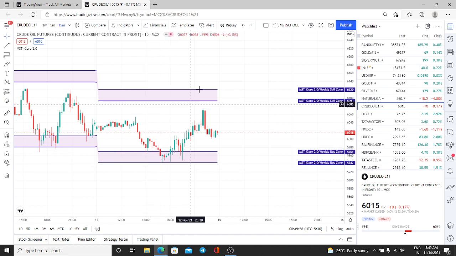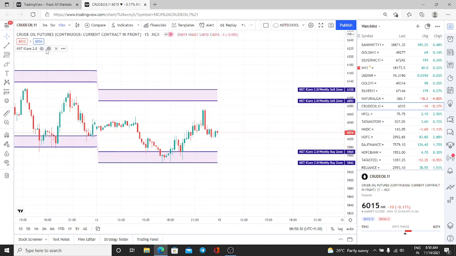So here you expect only the sell entry at the sell zone. Now you see the low was 5943 and our support was 5942. So you could have taken an entry anywhere in between these lines. Even if you take 5969, you have taken a very good profit. Yesterday's high was 6074, so around 110 points profit you have got. So this is another method.